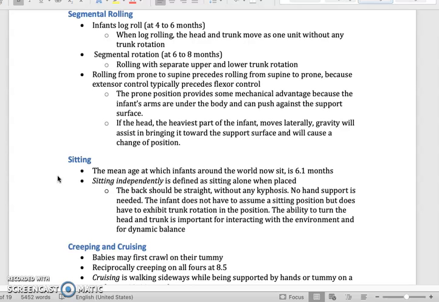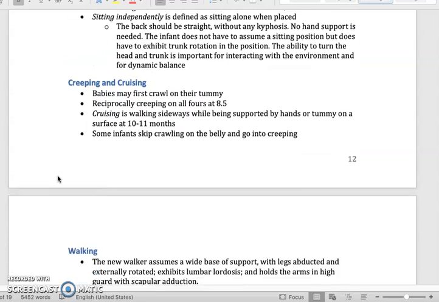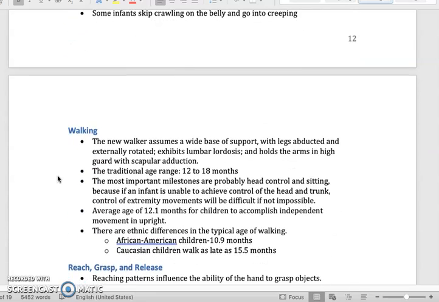And then when we think about 7 to 8 months, they're able to start some rotation to get down into a position of quadruped, and then come back onto sitting. And so that quite nicely leads us into creeping. So creeping, the classic time for creeping is about 8.5 months. Children are super great crawlers by 9 months and are starting to pull to stand and cruise at 10 to 11 months.